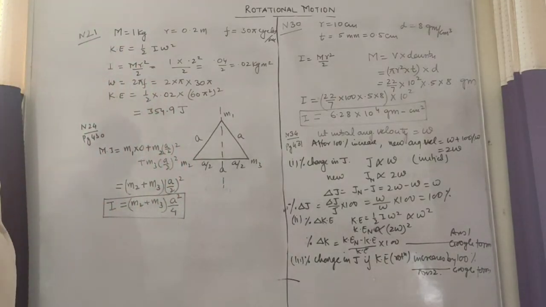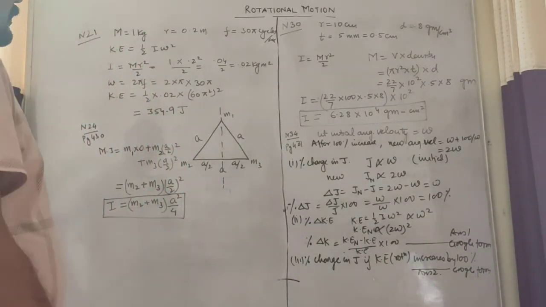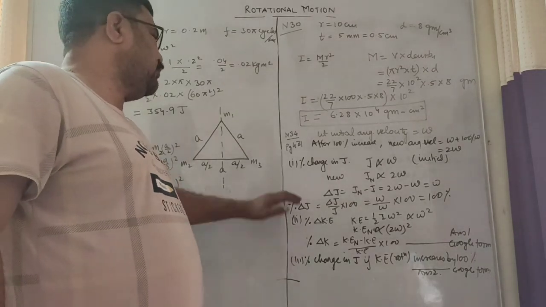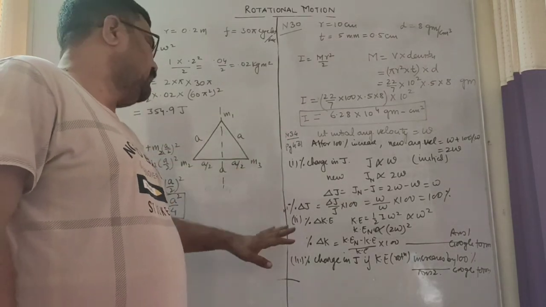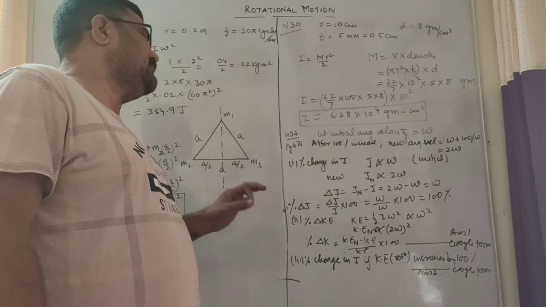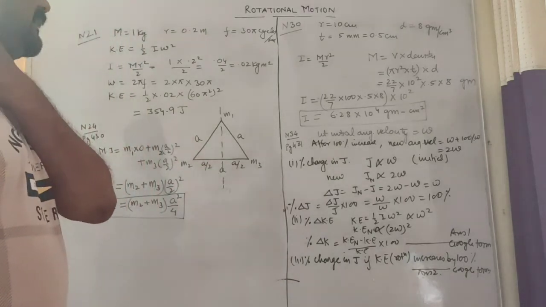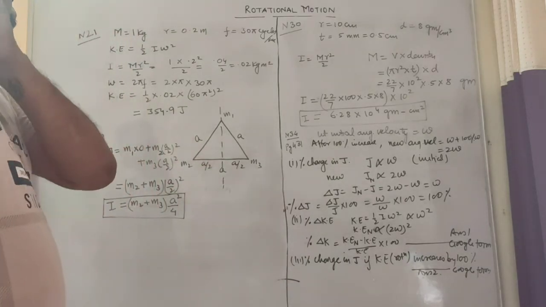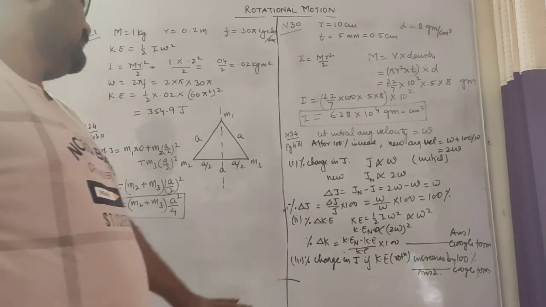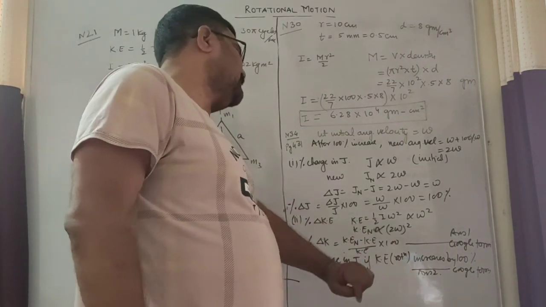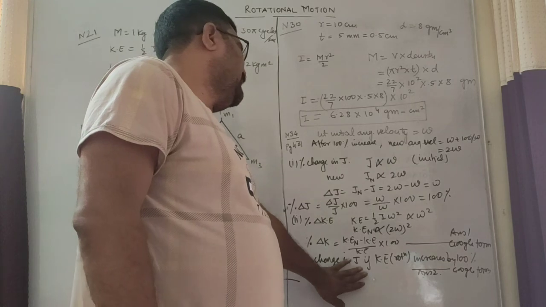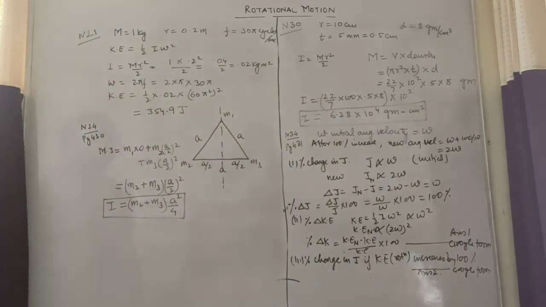So the second and third part of the last numerical which I have done will be given as the physics attendance Google form. You will fill in the answer and solve it. In this case you will get it directly by putting in the values. Here you have to solve the third part. So the second and third part will act as Google form questions for physics attendance.